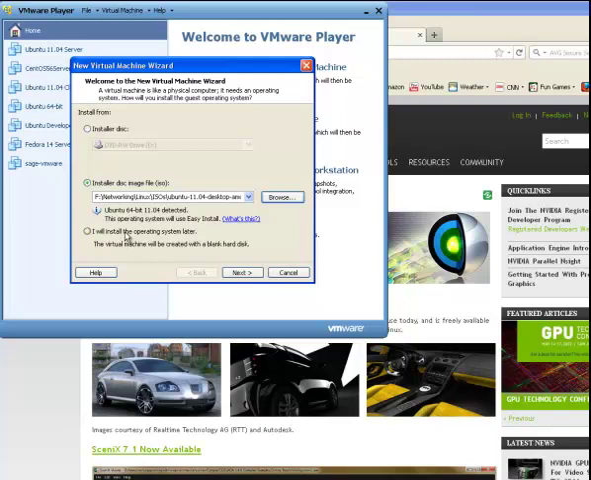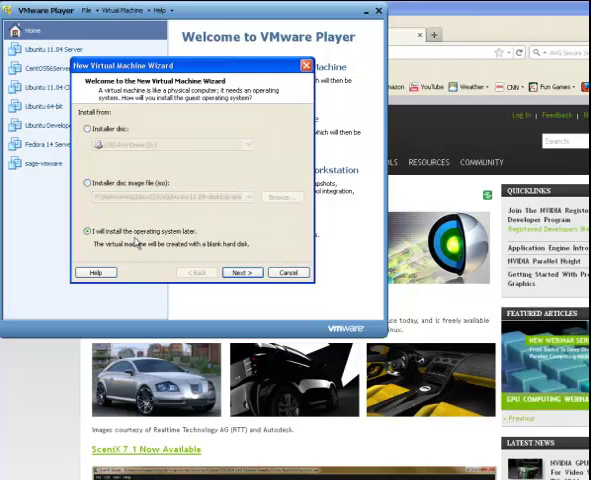Now, if you want to do this so that it installs just like you would on a regular desktop system and not just like in the VMware Player with this special setup, then you're going to come in here and say, I will install the operating system later. Select that one instead. This also lets you get around some of these other Linux distributions